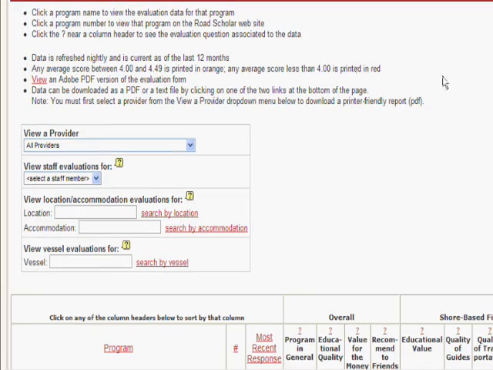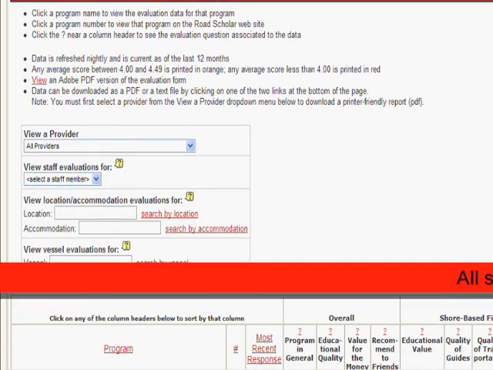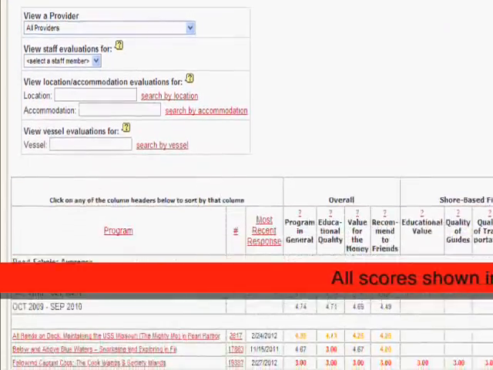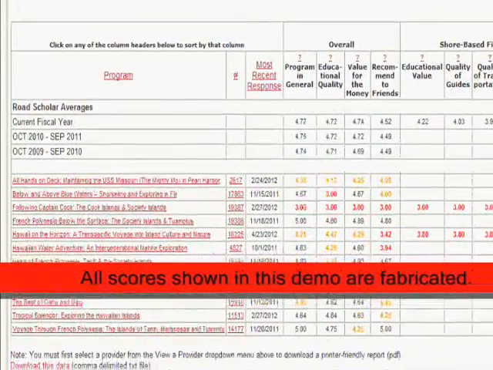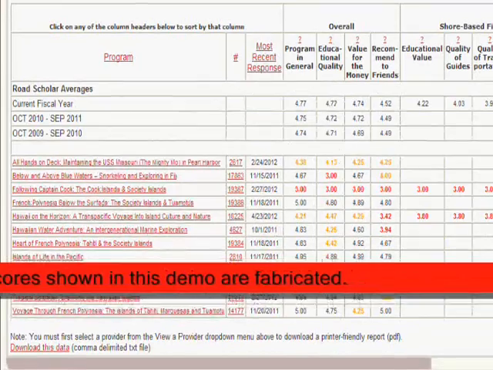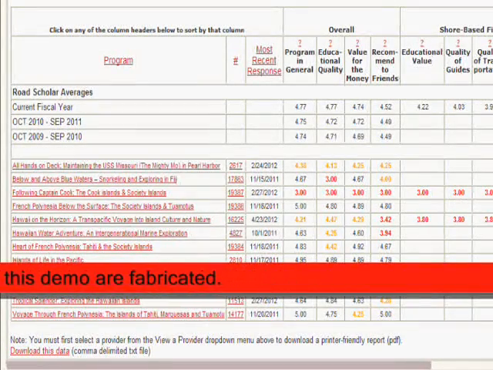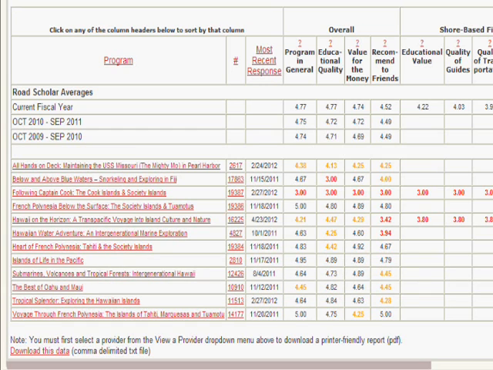More on this later. You should regularly review the evaluation scores and comments for every program you operate. Look for consistent comments across the board. For instance, did all participants complain about a particular part of your program? If so, you should be prepared to talk with your program manager about how you can fix the situation for